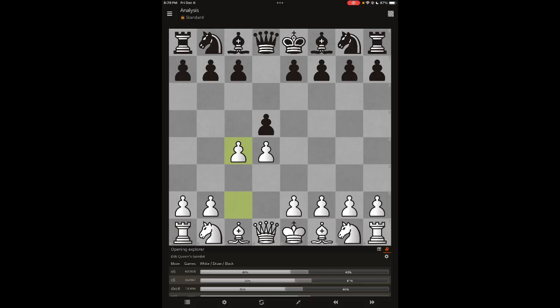Now, if you look at the database, you will see that the most people, 430,936 people, and I don't know if that's all time. It's probably not all time, probably just the past month or so. I'm not sure entirely how the database works, but more people have played the move E6 than anything else. But other people like C6. But then some people capture it.